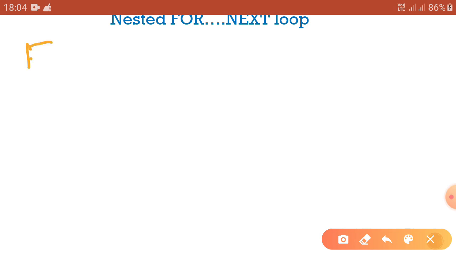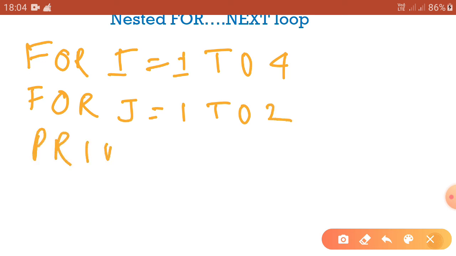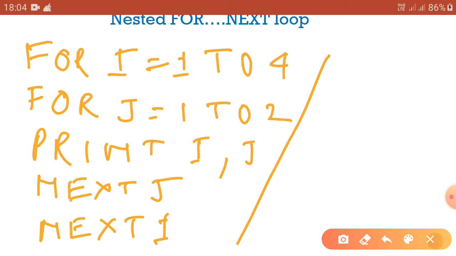Suppose for I equal to 1 to 4, and again for j equal to 1 to 2, print I comma j, next j, and next I. So what will it print on the output screen?